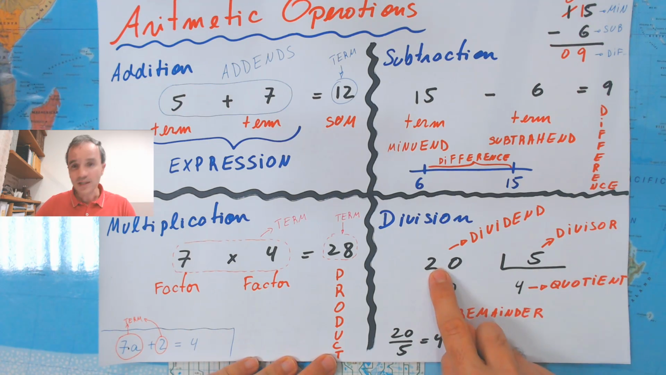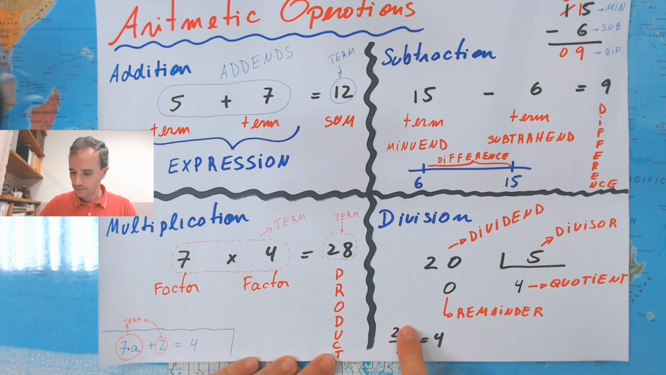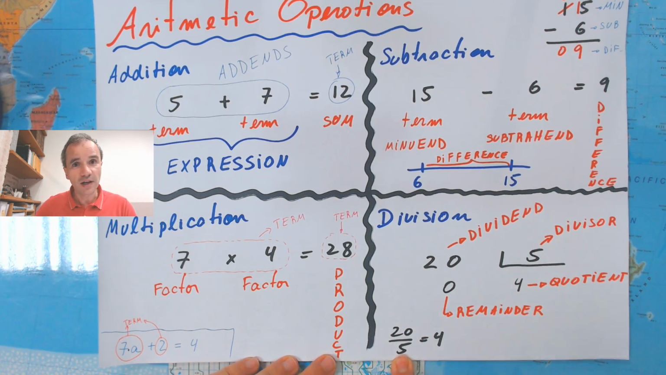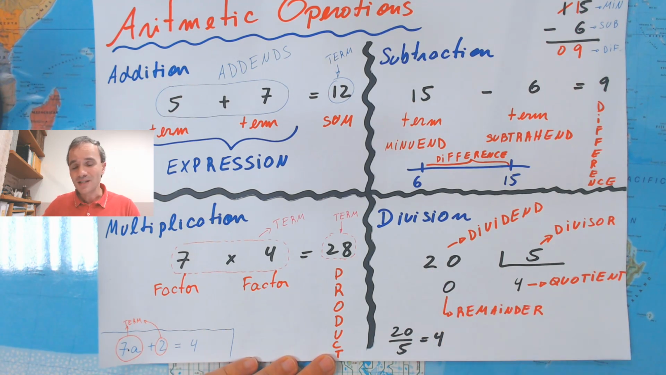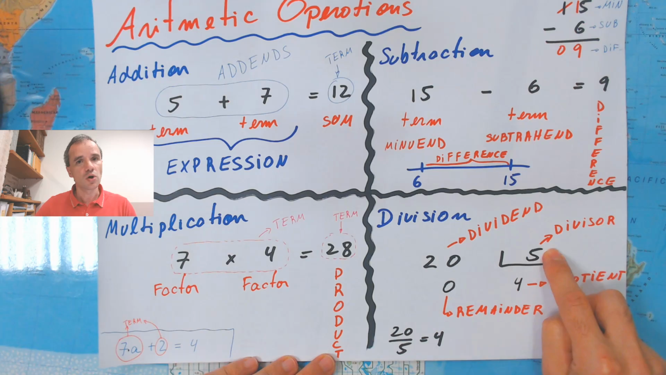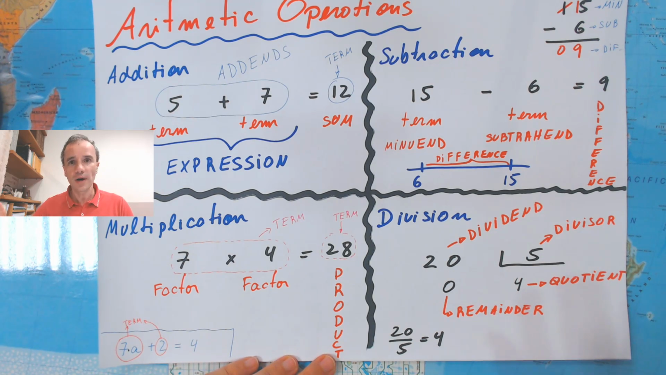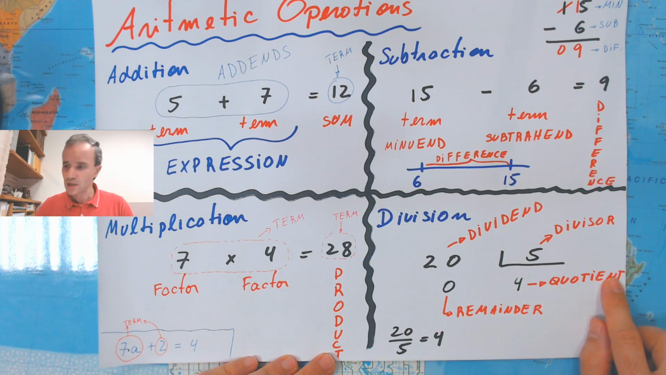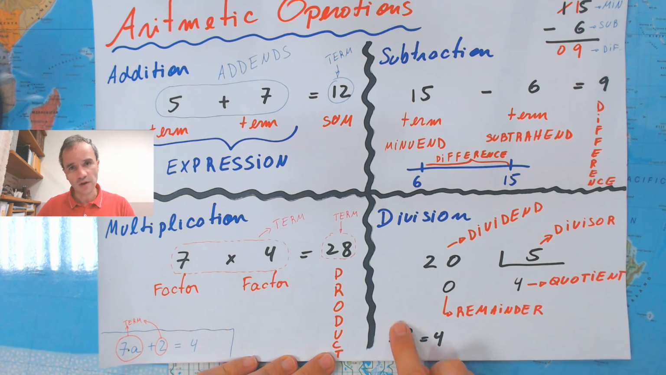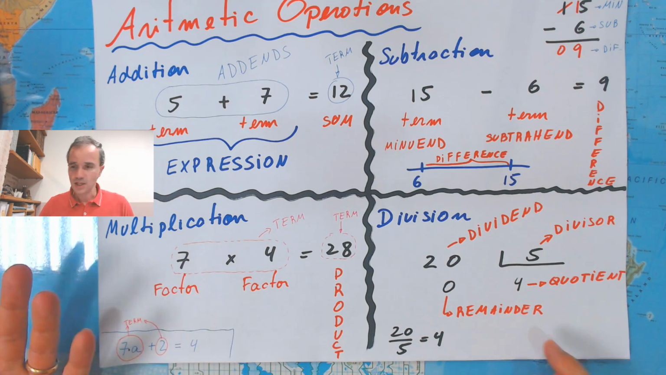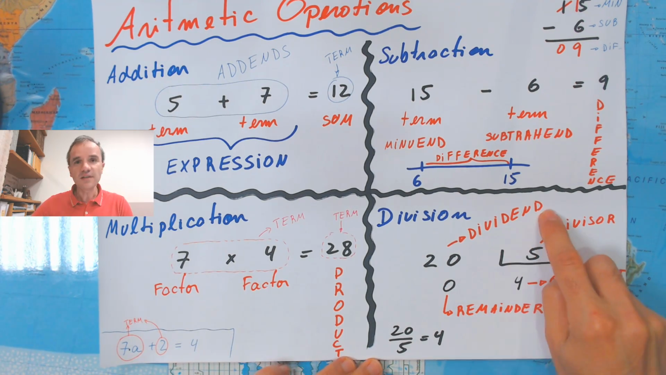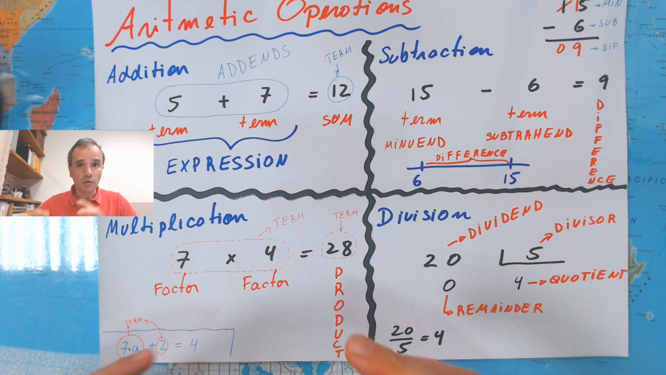Because 20 divided by 5 is 4. So the 5, clearly, is a divisor, isn't it? Because 20 is being divided by 5. So 5 can't be called any other name, because 5 is a divisor. Now, the quotient is the answer, because it's the ratio between those two. Then the remainder is just what is left, and the dividend is the one you're going to start to divide